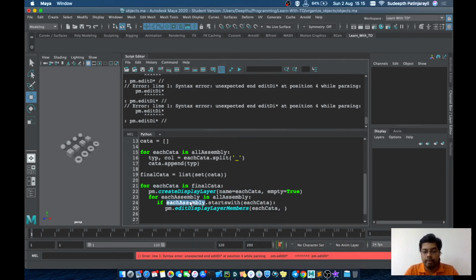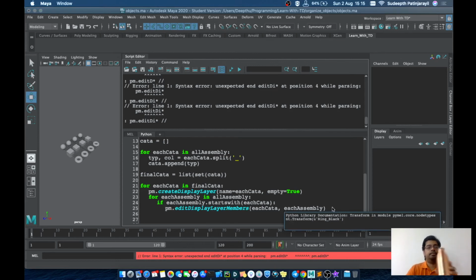Each assembly item is to be added if that assembly item is starting with the category name. Okay, so that is it, we are done with our script.